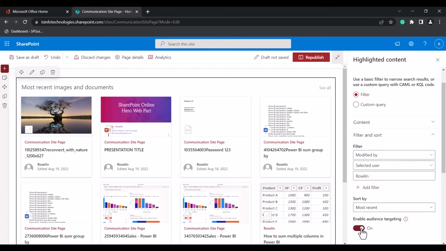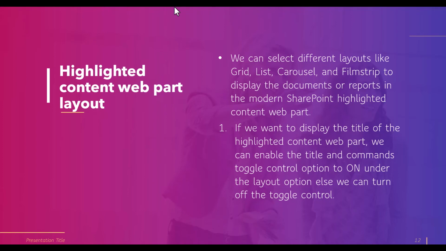If you want to enable it, we can enable it, and we can set it for a particular user to view the highlighted content web part. And this is how we can filter and sort by option and display the data in the highlighted content web part in a modern SharePoint site. This is how we can use it. And we will see now what are the different layouts that we can display the highlighted content web part in